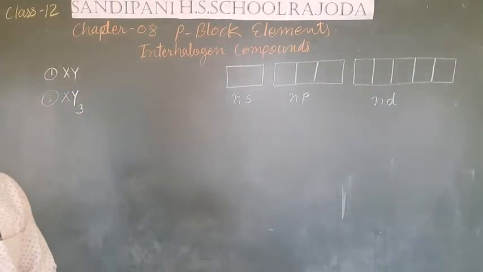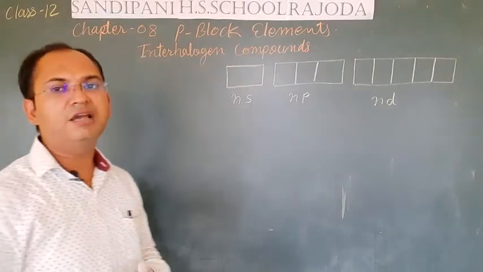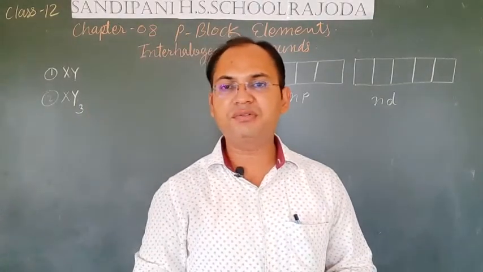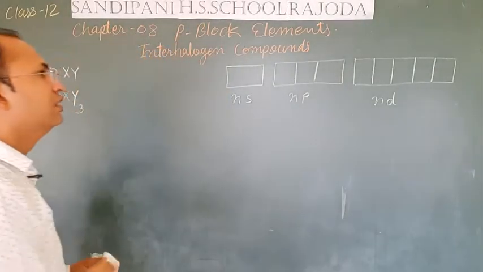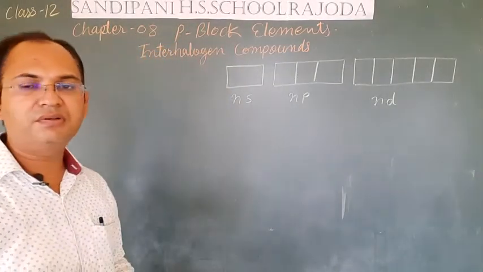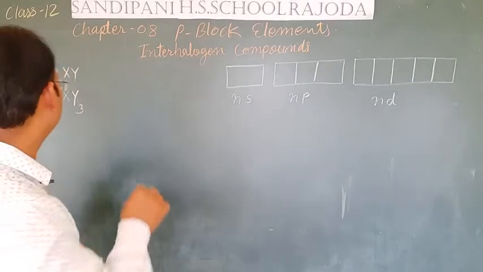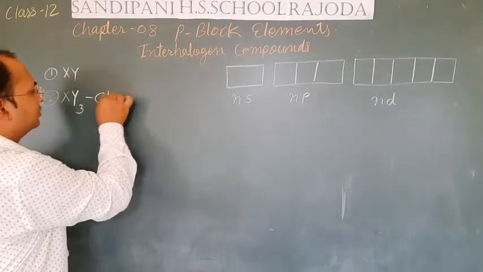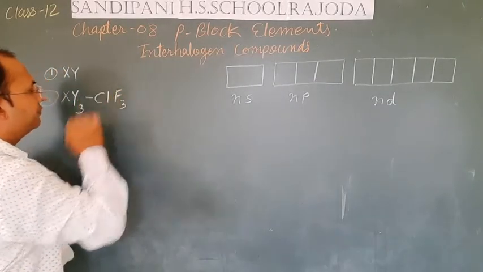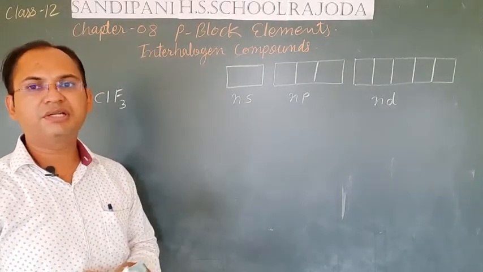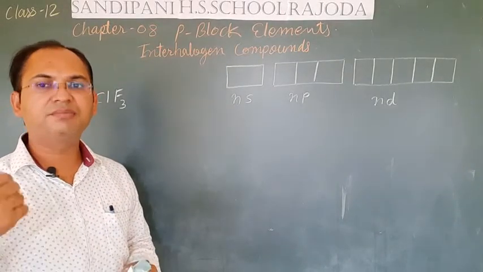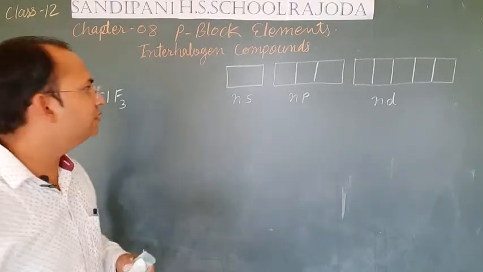So in XY3 type of interhalogen compounds, first of all see their electronic configuration. Here we will take the example of chlorine trifluoride, that is ClF3. So if we see the electronic configuration of chlorine, atomic number 17, then